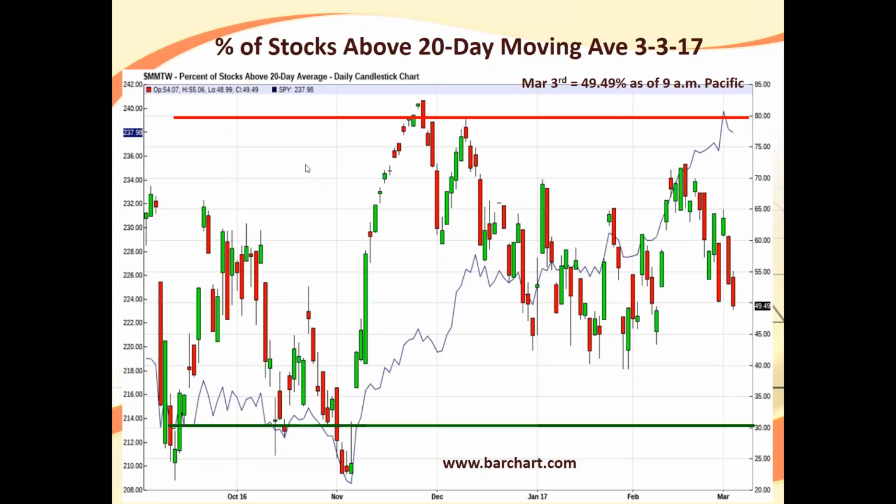So, hey, I want to cover really quickly the percentage of stocks above the 20-day moving average on the NYSE. It has fallen down a little bit. Now, of course, we're not at any kind of action point right now, but we are watching for when this indicator, and you can find this, it's $MMTW at www.barchart.com. And Mike and I basically, Mike discovered this, oh gosh, about 7 or 8 years ago.